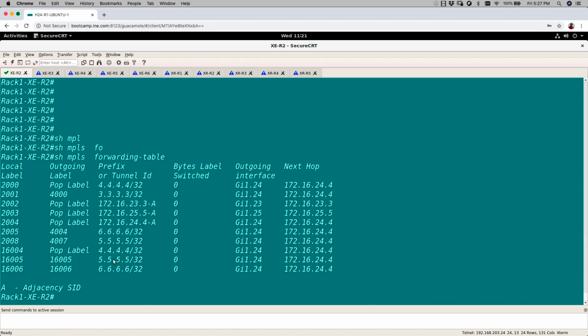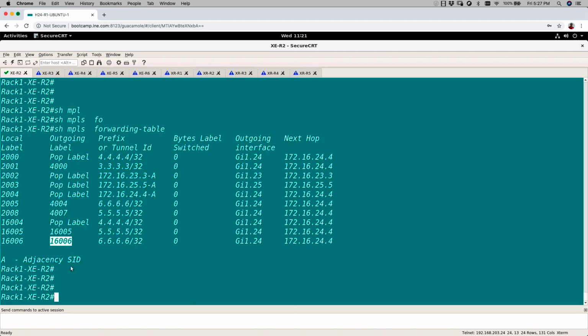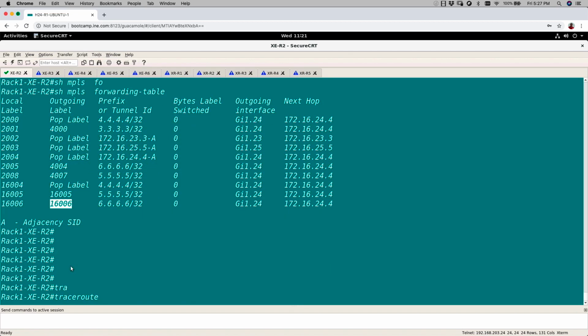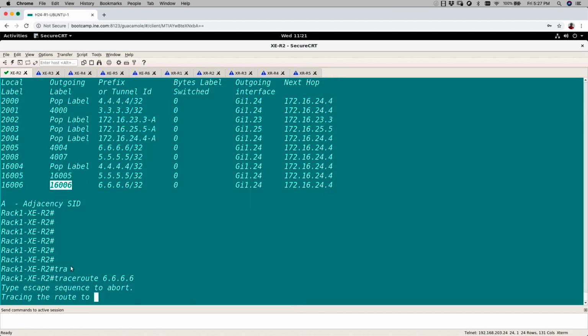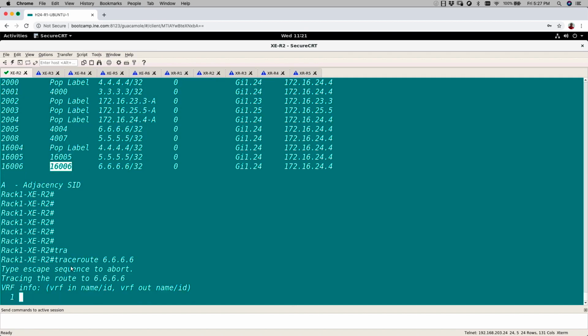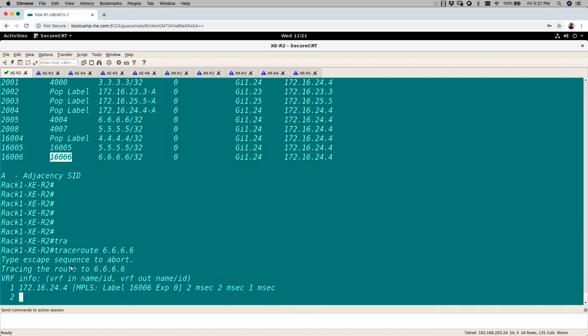But if I look now, I don't see that merged. Only segment routing is being used, and to reach 6.6.6.6 it is using 16006. So if I do a traceroute now to 6.6.6.6, look at the label stack. This should be my SID list, which basically says go to router 3, but go to router 6 by going through router 4. So my label stack is